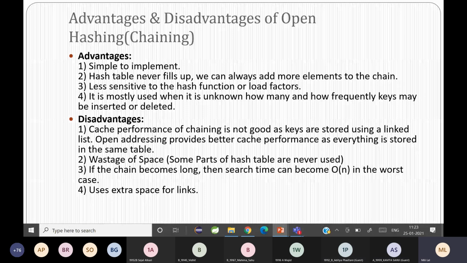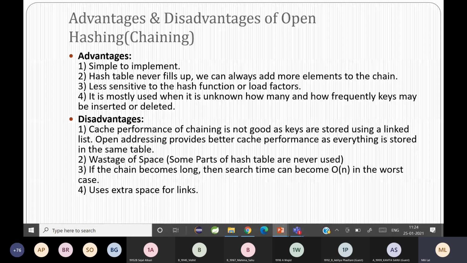Hash table never fills up, right? In linear probing, when you did it at home, there was an overflow because there was no space in the hash table. Right or wrong? Yes, ma'am. Overflow occurred because the list of elements was 12 and the table size was 10, so two elements were not fitting into the table. But in open hashing, since when collision occurs we are making a linked list, your table doesn't get filled up. You'll agree with me? Yes, ma'am. Okay, because you can add more elements in the chain.